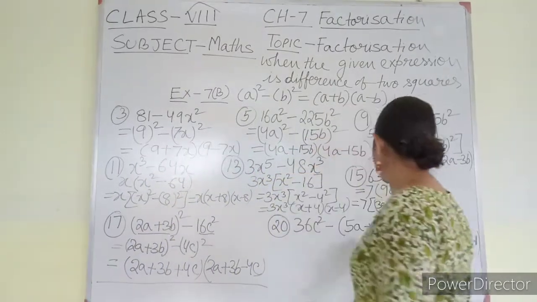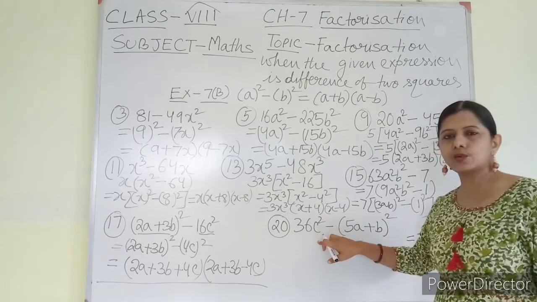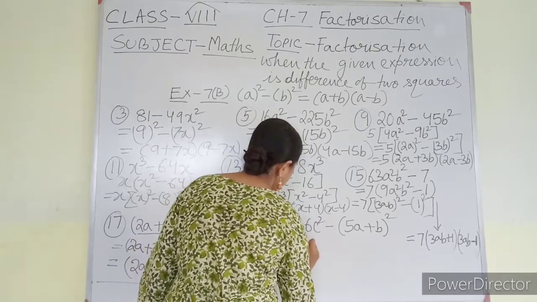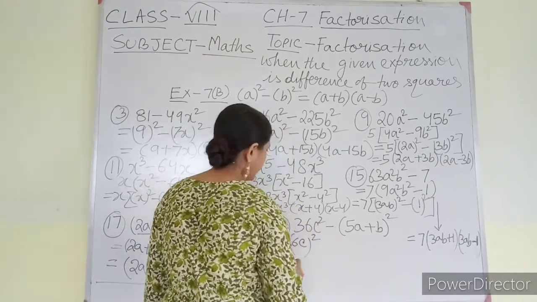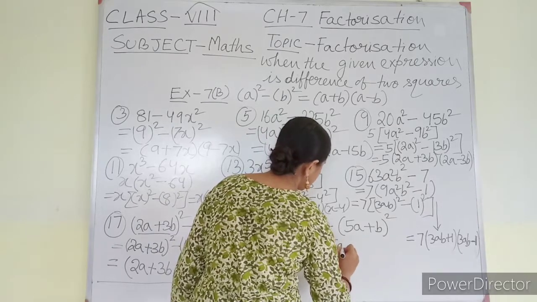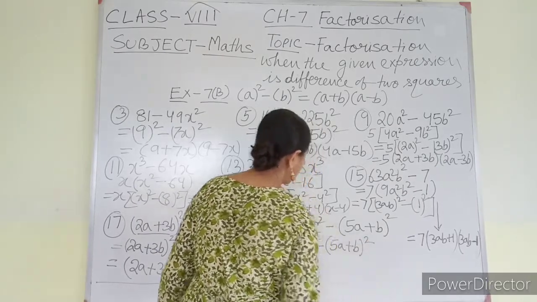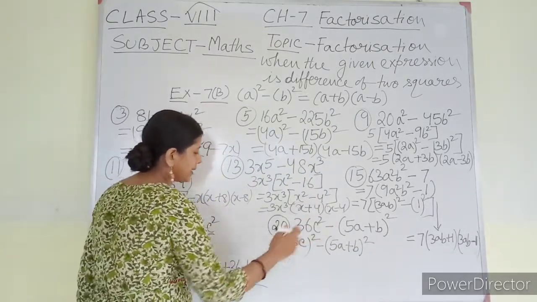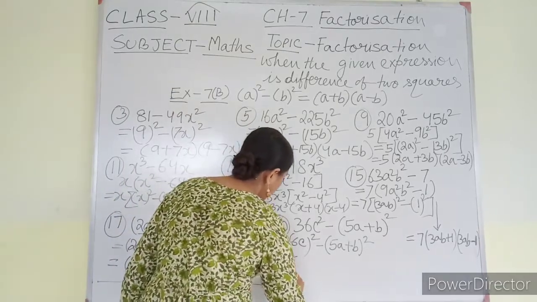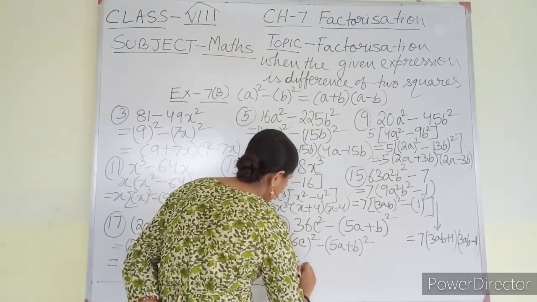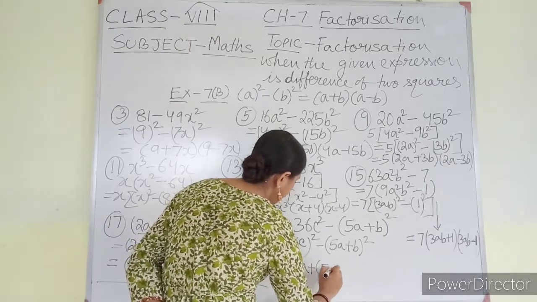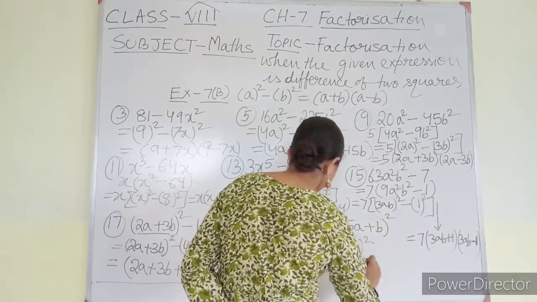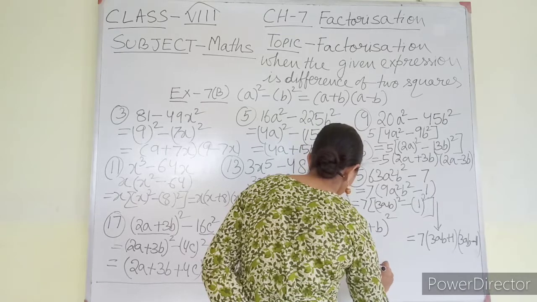36c square minus 5a plus b whole square. 36c square can be written as 6c whole square. I can write it as 6c whole square minus the same thing written here, 5a plus b whole square. Now this is a and this is b. So a square minus b square means a plus b and a minus b. So here I will take the bracket like this, a plus b and a minus b. That is 6c minus